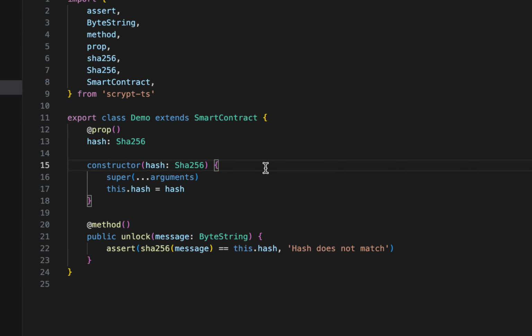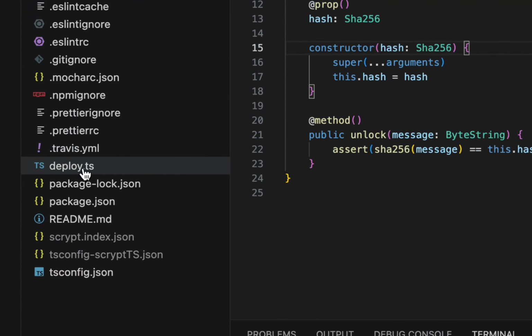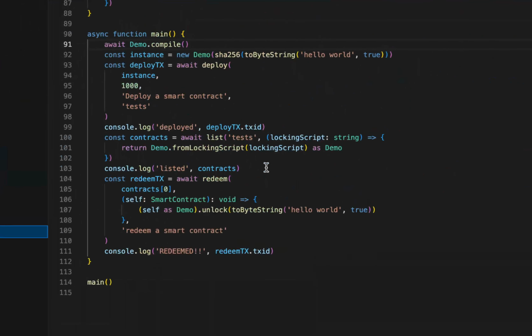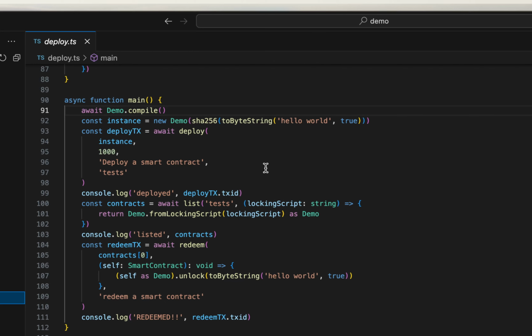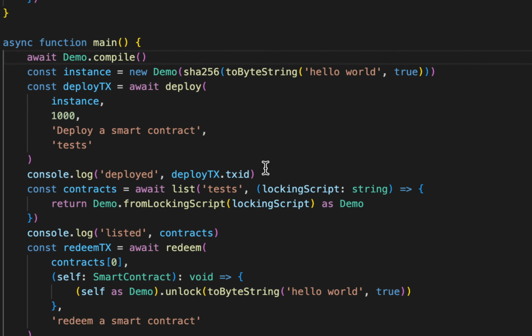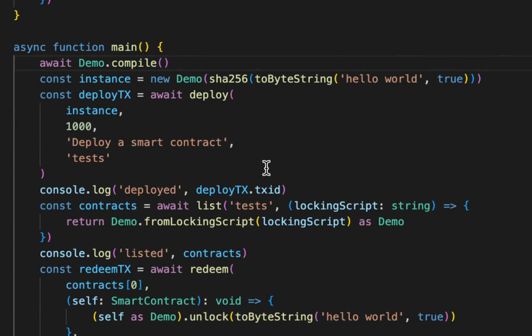The only thing I've changed is I installed the Babbage SDK in package.json, and then in the deploy.ts here, I rewrote the main function. Previously the main function was using the testnet wallet from sCrypt, and now I've just replaced it with Babbage SDK. So I wrote a few functions, and basically what we're doing here at the top is